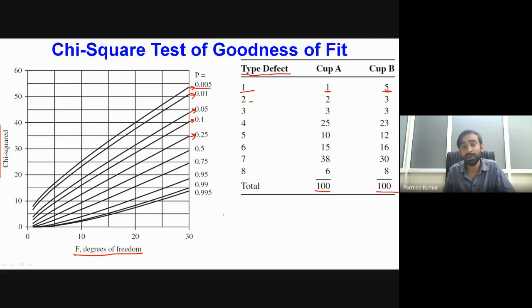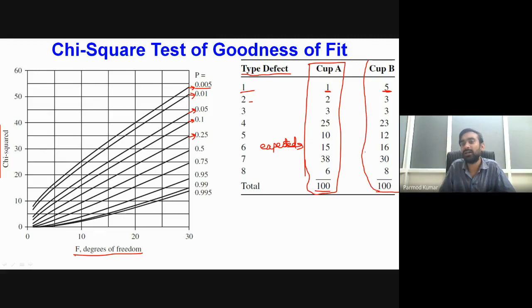Okay, so now if we consider that this is nothing but whatever we are having in this particular data set, let us consider that this is our expected data. And let us consider that B data set is nothing but our observed data. Now what we have to do is apply the chi-square test and identify whether our expected data set is matching the observed data set or not. So first we have to find out the value of chi-square and the value of f.